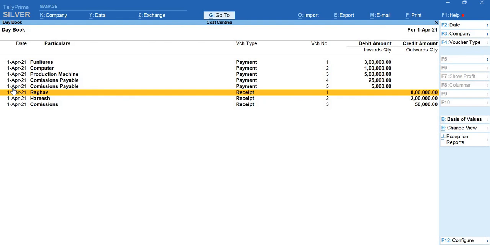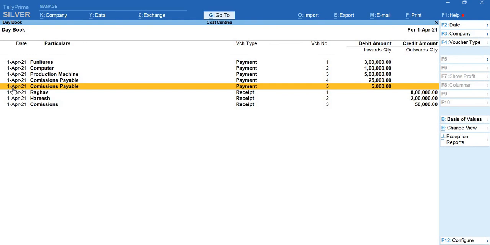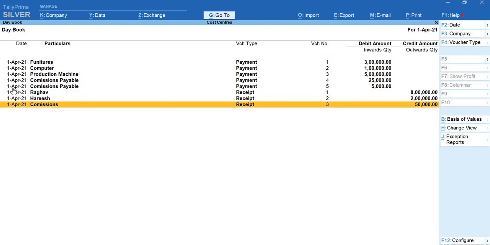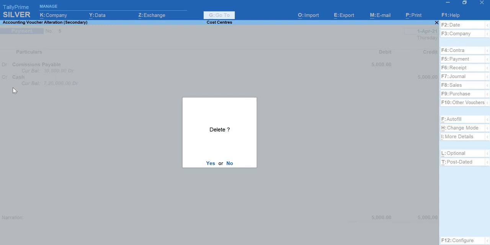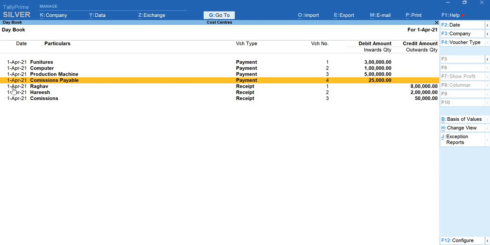And if you want to delete any one of the vouchers, if you have done it wrong, what you have to do is, you will select the voucher you have entered. So now I have to delete this. How do you delete this? Alt plus D is the shortcut key to delete. D is to delete. Press on enter. So you are done deleting the vouchers. It will not appear again. And out of this, the payment vouchers are 4 in number and the receipt vouchers are 3 in number. So this is how you can analyze the vouchers that you have entered.